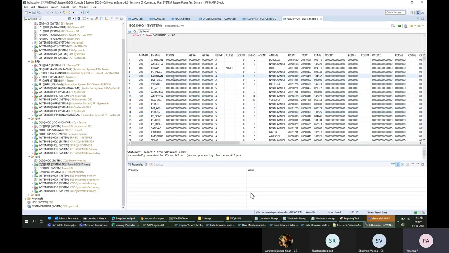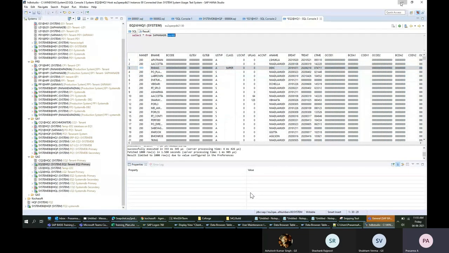See, if you look at the database level, in the same table all the entries are there for all the clients: 200, 100, triple zero. Everything is there in the same table, the USR02 table.